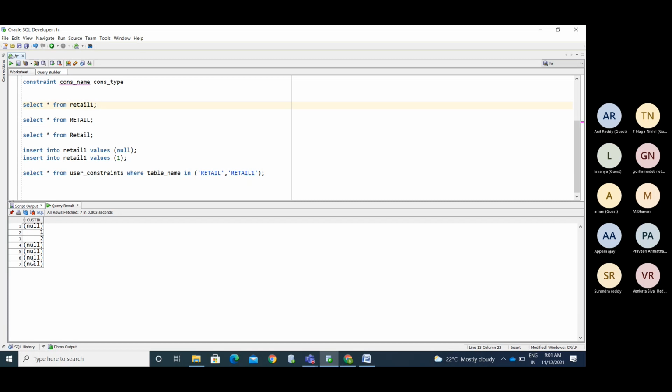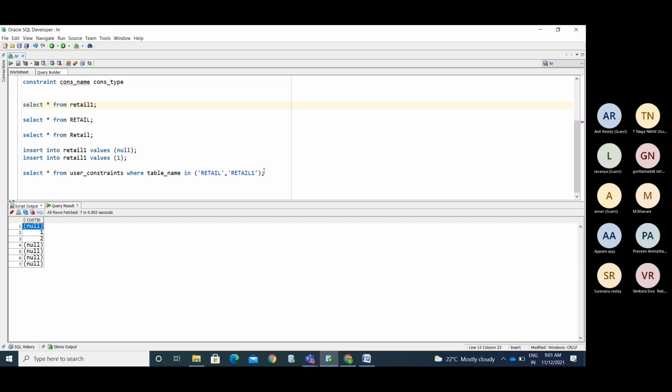So null is an undefined value. You cannot measure it, so you cannot compare with it. That's why the system always understands each null as a different value from the others.